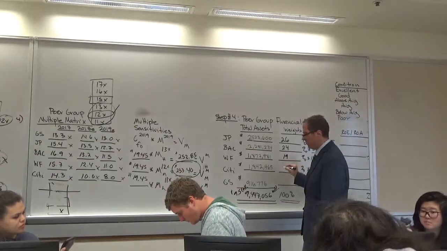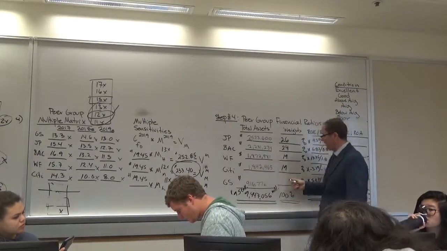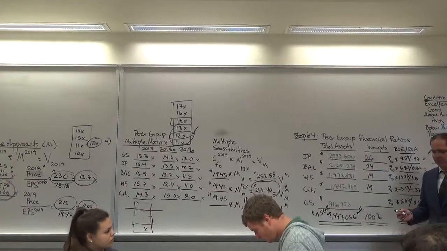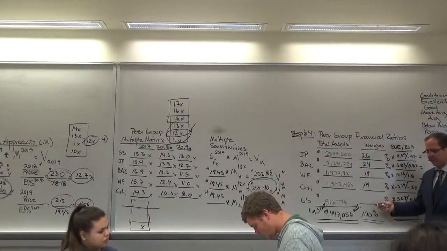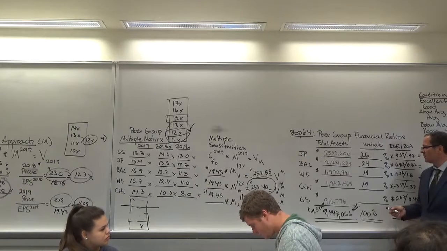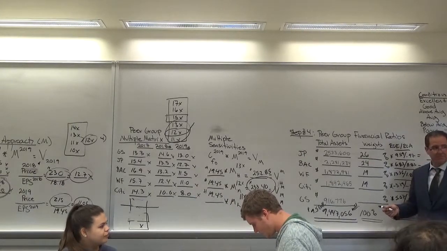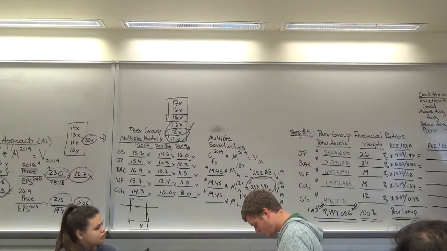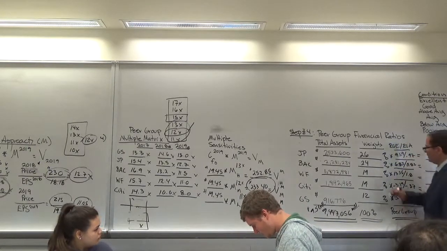What is it? 19. And what's the plug for Goldman? What's the plug number? Base it out of 200. What is it? 12. Got it. All right. So now you've got the weights. Okay. Now what you do is you take,